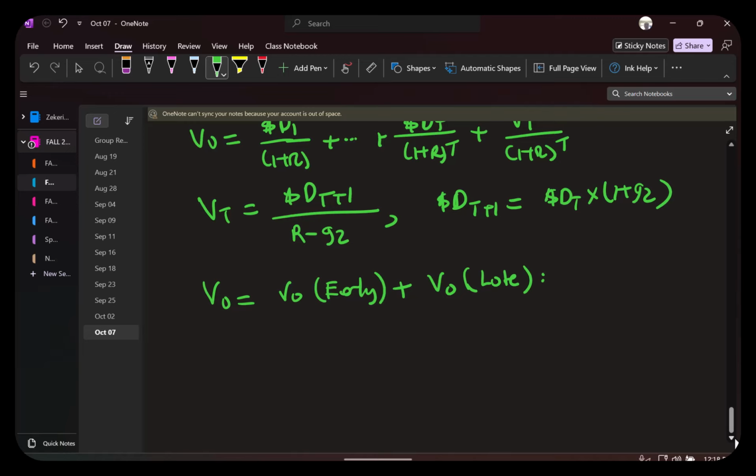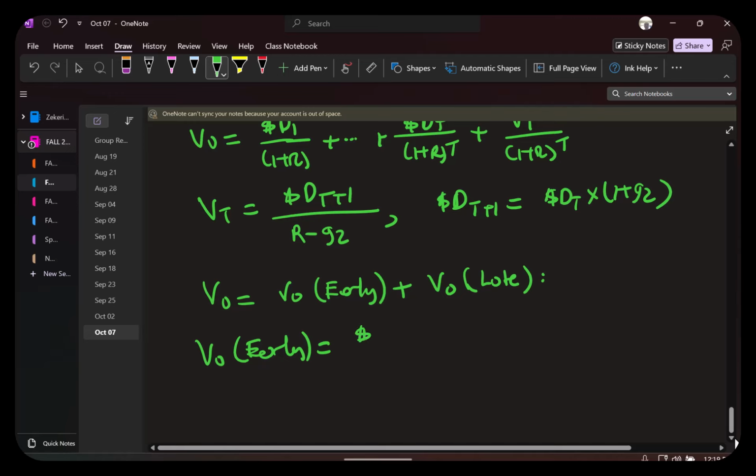Then I'm going to go to Patel and say, here's a security that will pay you nothing for 5 years. But after year five, you're entitled to all the dividends of this company until the end of time. Or the company dies, whichever comes first. Then you're going to say, okay, what's the expected growth rate? What's the expected year six dividend? Based on that, you're going to calculate a VT, but that's a value you're going to get 5 years from now. So we'll discount that to today. So V0 early is